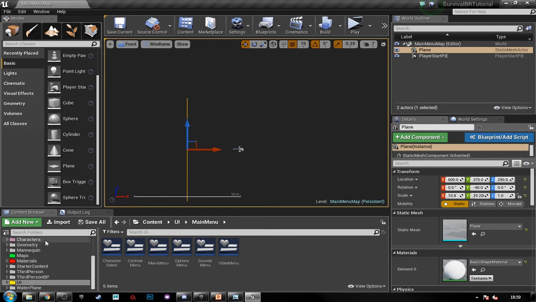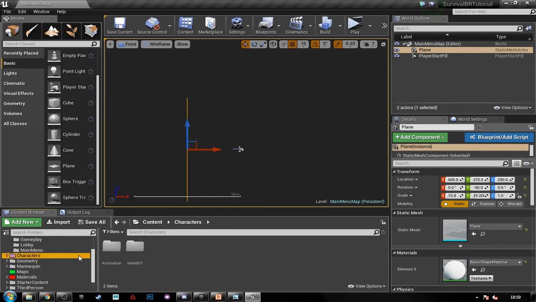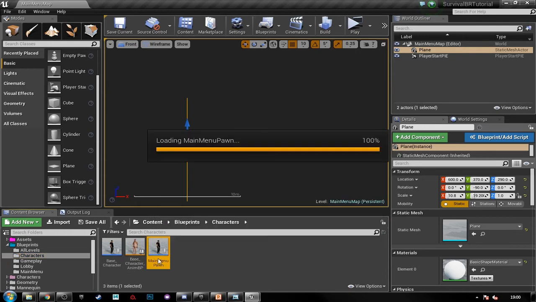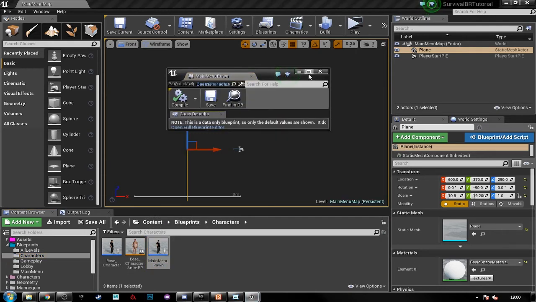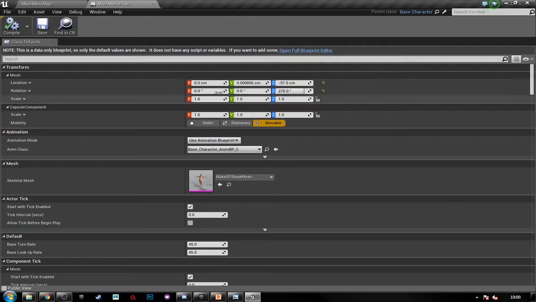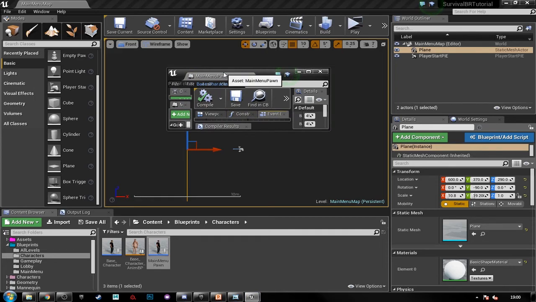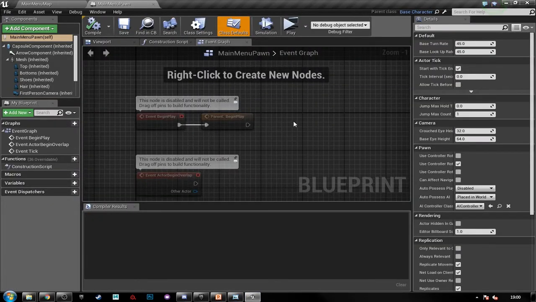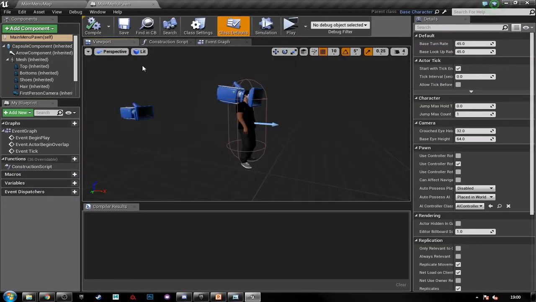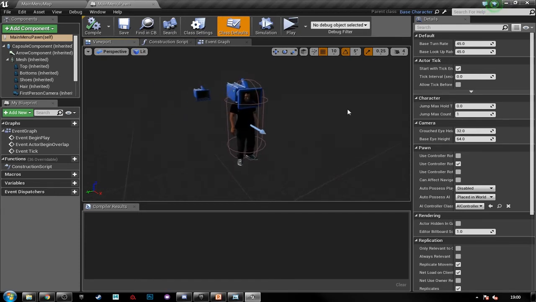So let's just click on our character blueprint. So the child actor, the main menu pawn, and let's just dock this back up here. And let's just open full blueprint editor just now. Okay, and if you go to our viewport, we can see we have the same in our viewport, and if we scroll down,